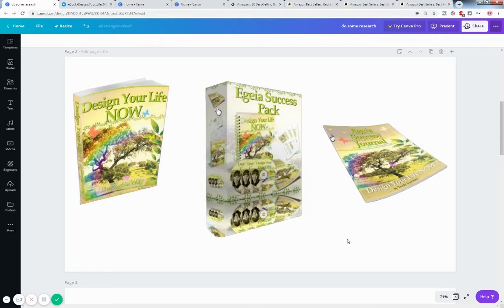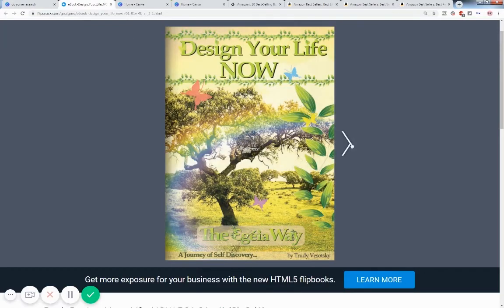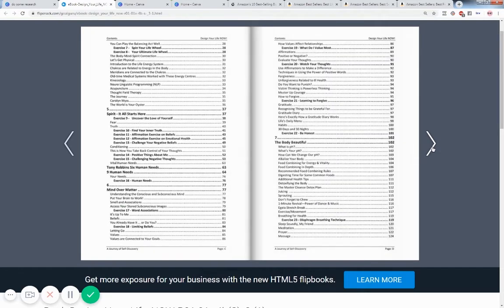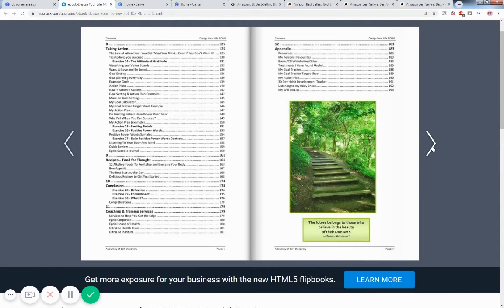I'll talk about that a lot further in other modules, but I just wanted to show you inside my ebook. Again, this was a physical book, but I also had it converted into an ebook so that you could just download it online. I had people all around the world that actually downloaded it and were using it. And this is just a little quick flip-through version of my ebook. You'll notice there are a lot of chapters and, from memory, 30 exercises, actual exercises that you needed